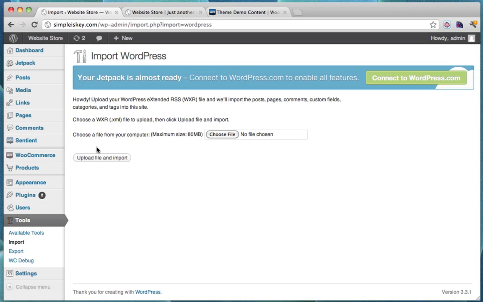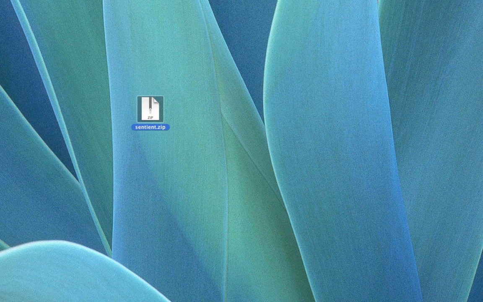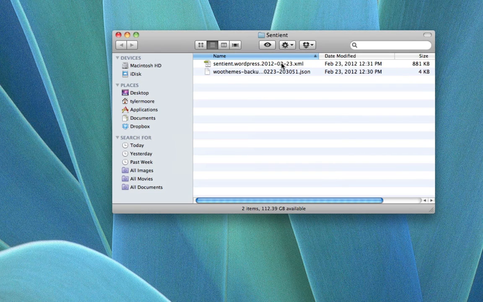Before we can upload this file, we need to unzip it though. So let's go to our file that we just downloaded. And that's this one right here. Don't get it confused with the theme file. This is the one we just downloaded, and let's double click to unzip it. This works the same as a Windows as a Mac. And now that we've unzipped it, now we have a folder where we can upload this file right here, the